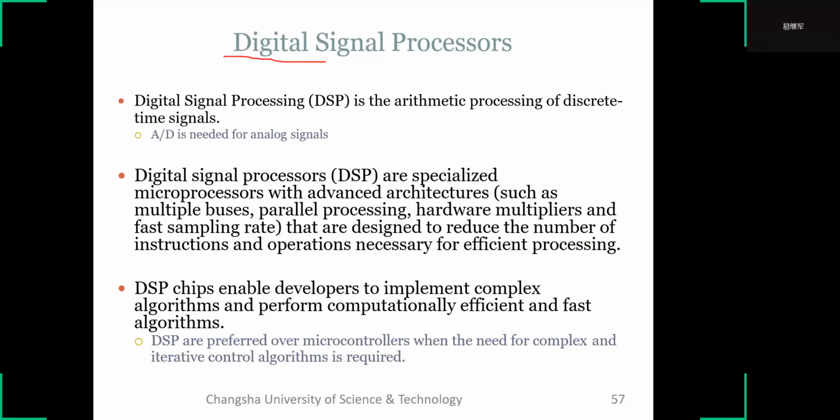Next, digital signal processor. Digital signal processing is arithmetic processing of discrete time signals. Discrete time signals. A digital signal processor is a specialized microprocessor with advanced architecture